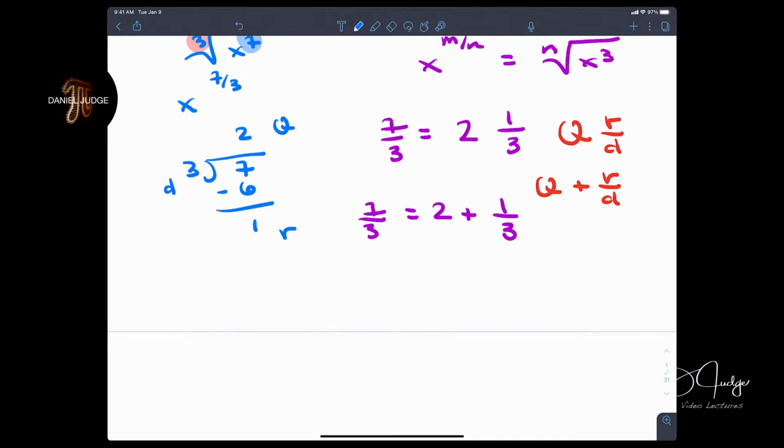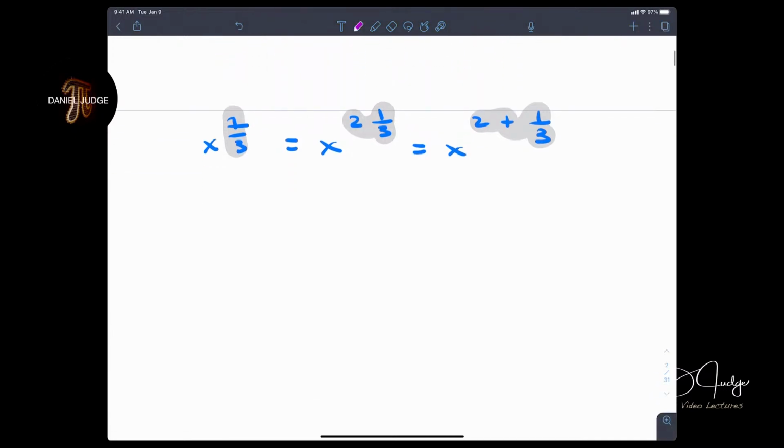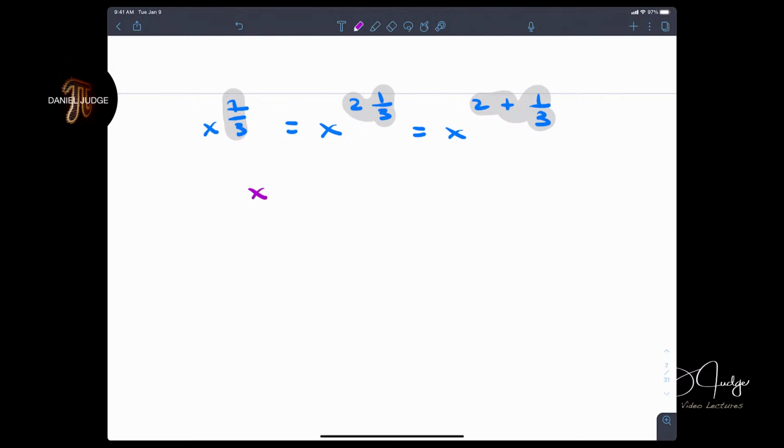So what happens now is we look at this and we say, this is x to the 7/3 power, which is the same as x to the 2 and 1/3, which is really x to the 2 plus 1/3. So we're focusing just on this power here. 7/3 is 2 1/3, which is 2 plus 1/3. Okay, so you converted the improper fraction to a mixed number. Now, here's what I want to say as well. You're going to use some more algebra. Your use of this property, I'll say x to the n times x to the m,